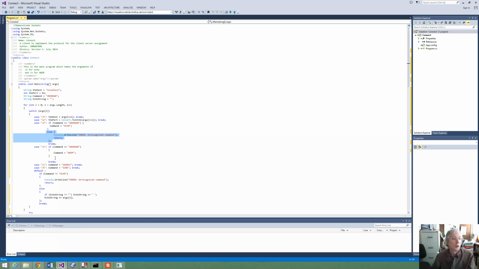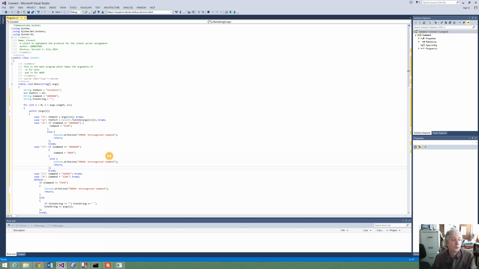It's a bit tedious, we've just got to paste the same structure in each of them, so if it's unknown we can set the command, and we've got to do the same for all of them. So let's think. So it's probably going to be quicker to copy the whole of that structure, paste that in there